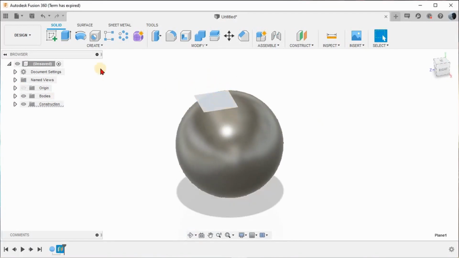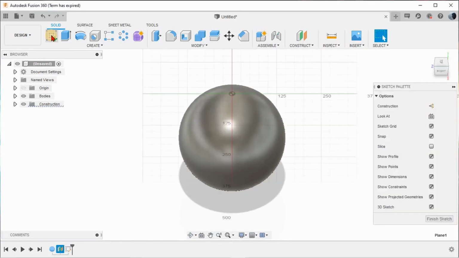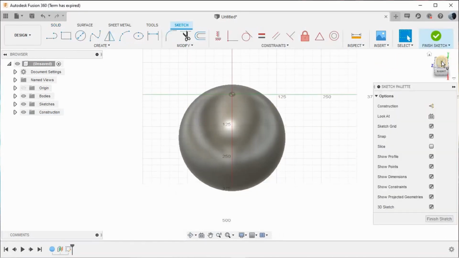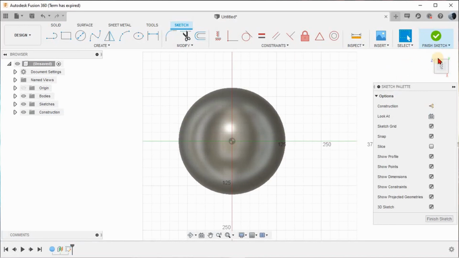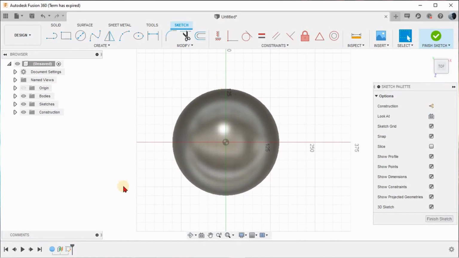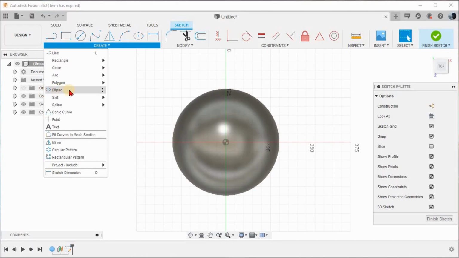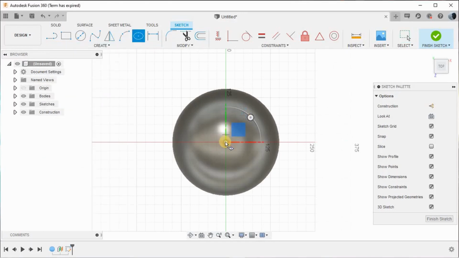So you just click that plane and give the sketch option and make sure it is top oriented. Then you have to click this arrow mark to make sure it is exactly top oriented. And you have to make an ellipse now. For me it is already available here, or else you can go here and avail that option, and as I told, you can give pin to toolbar, so it will automatically appear here. So I'll click the ellipse option, start from the center point, and give a distance, and that's it.